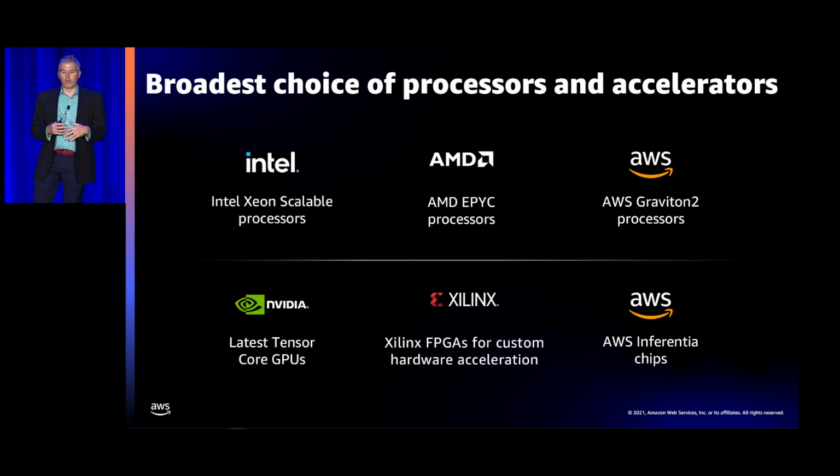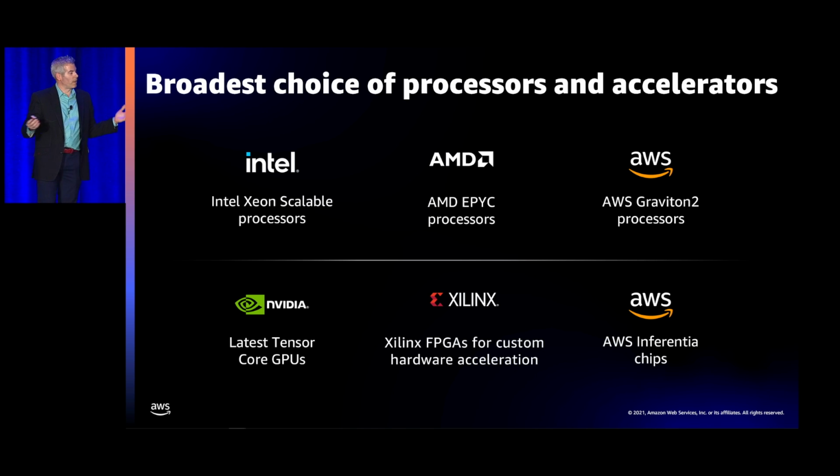So let's deep dive a little bit into that portfolio. Today, our EC2 instances are powered by a range of processors from Intel, AMD, as well as our own Graviton 2 processors. Graviton 2 processors are custom built by AWS using a 64-bit ARM Neoverse core, and they deliver the best price for performance on your workloads at EC2. I don't want to forget, if anybody attended Adam's keynote or Dave's, we pre-announced Graviton 3 as well, which is also built off of that Neoverse. So it's continuing our update here into the ARM-based architecture.